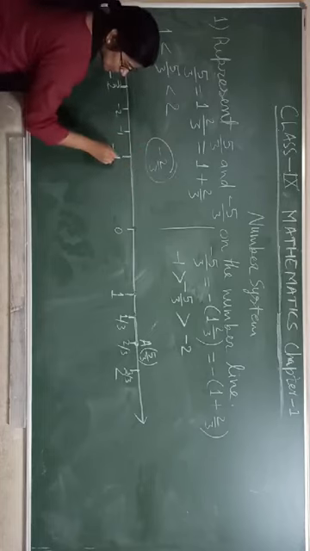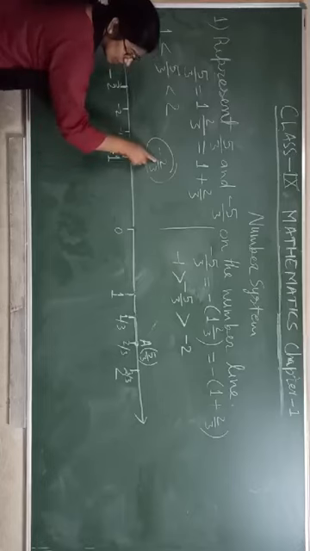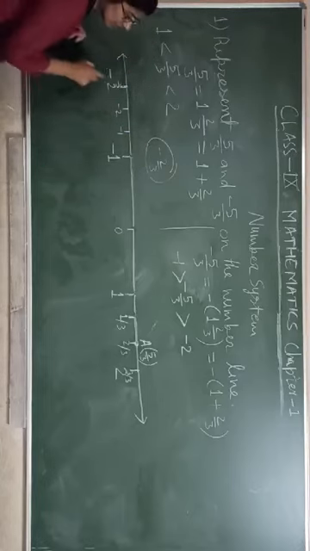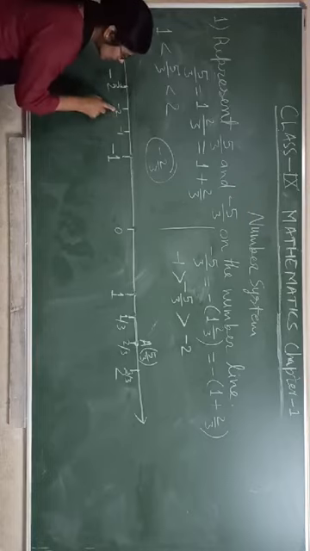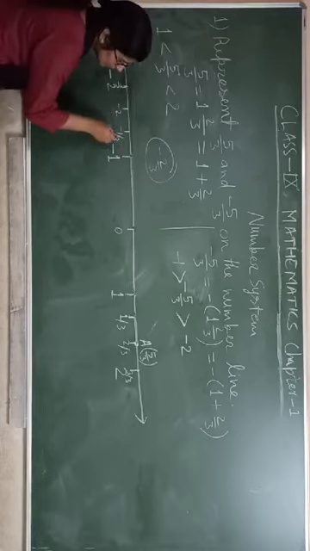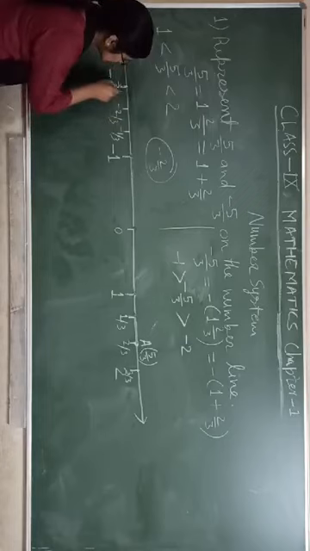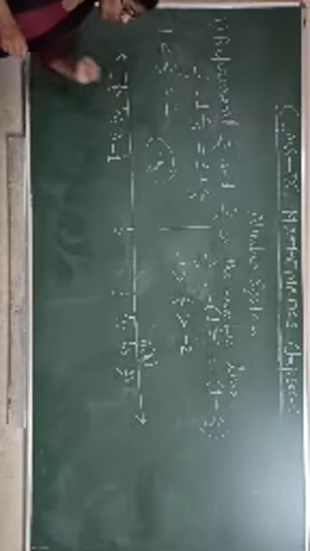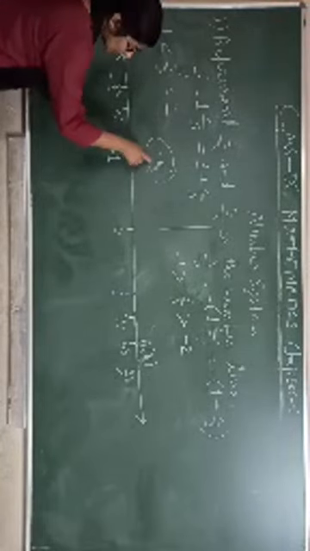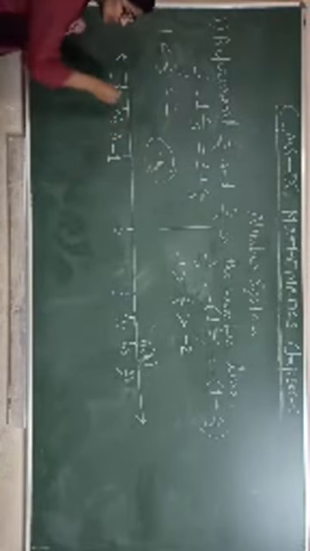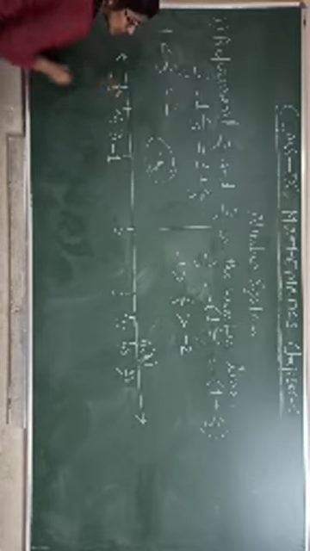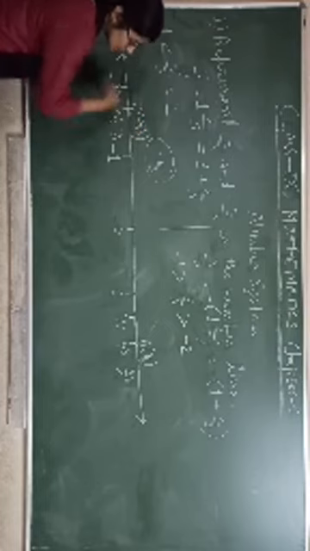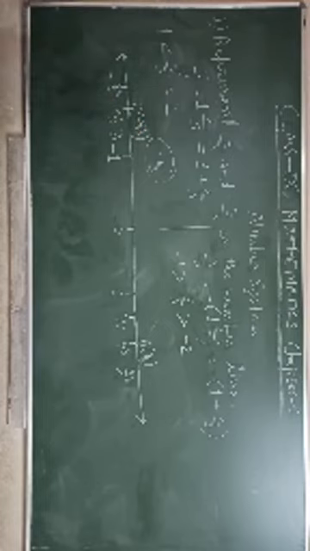Minus 1 is completed here. Minus 1 we are looking at here. We need minus 2 by 3. So minus 2 by 3 we will draw in between minus 1 and minus 2. So minus 1, minus 2, minus 3. By 3, by 3, by 3. Hope you are getting it well. So now look, 1 whole here, then minus 2 by 3. This is minus 1 by 3. This is minus 2 by 3. So point B represents minus 5 by 3. Get it?